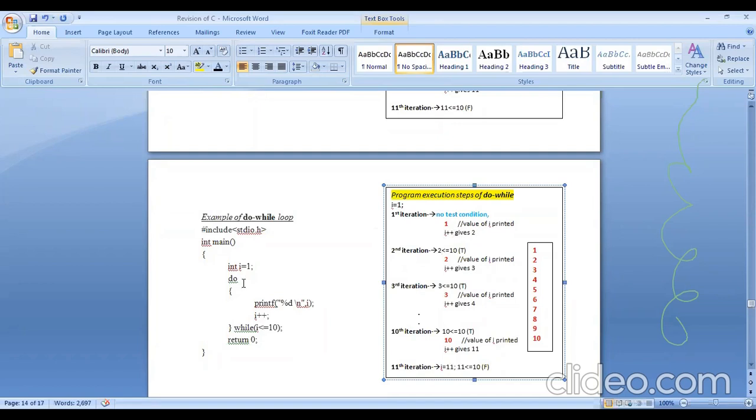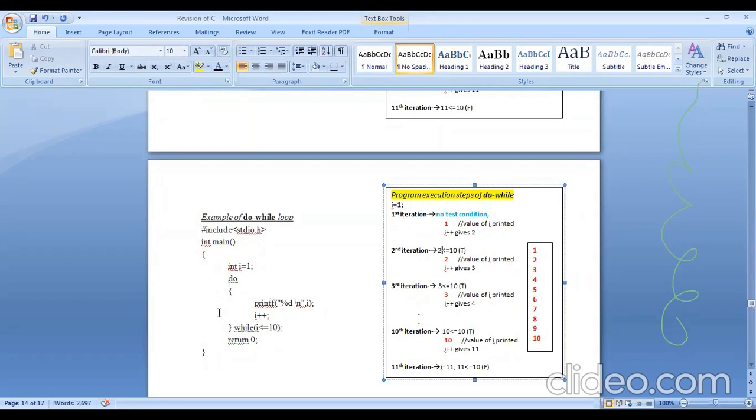So initially my I was 1, it got printed, it got incremented accordingly. Then the updated value of I will be considered for the condition. So now 2 will be checked against 10. If the condition is true, yes, you go for the next iteration. Therefore 2 will get printed, as given in the statement. Then it will be incremented by 1, so again you have 3. Now 3 will be checked against 10. Yes, true. Again, it will repeat.